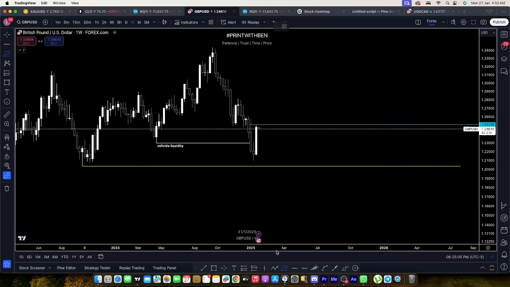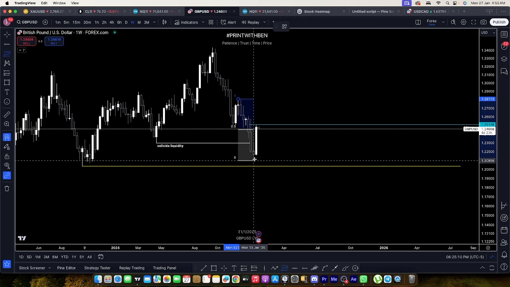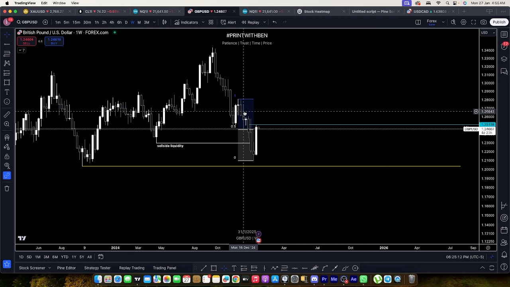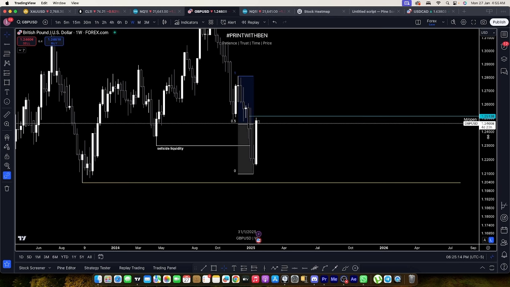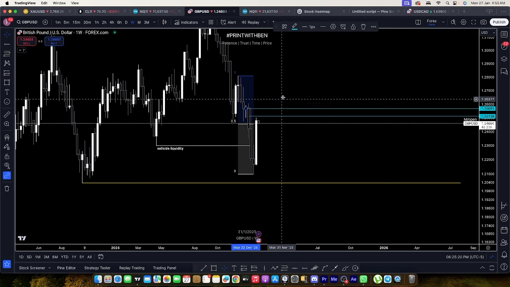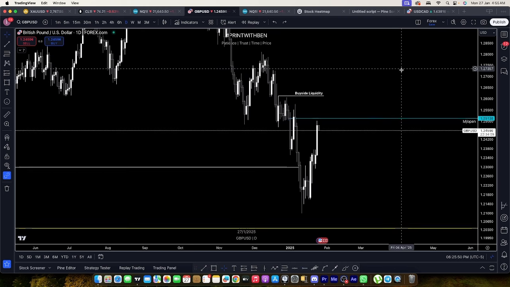From here, it's very easy to put up a dealing range. From here to here, this is going to be your dealing range. So in the dealing range, in premium, what do I have? I see this particular order block on a weekly time frame. Let's refine that on a daily time frame. So that is buy side.